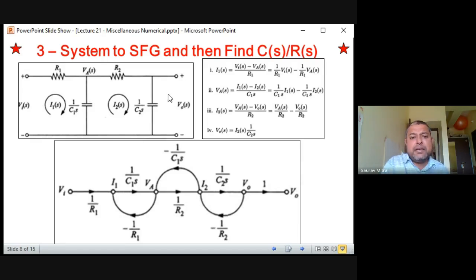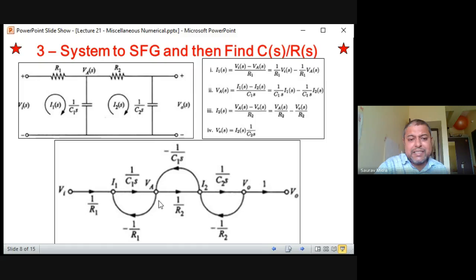Another rung, another ladder I put here, and two more equations will get added. So if there are two loops, there are four equations. If there are three loops, there will be six equations. Then if I put another ladder here, another loop will come like this, and then there will be the output. So this is the first thing you have to understand: how to convert a circuit into its Laplace circuit. From the Laplace circuit you have to write the current and voltage equations accordingly, and then convert those equations into a signal flow graph. So this is a real art. Please practice this numerical. It requires some practice.